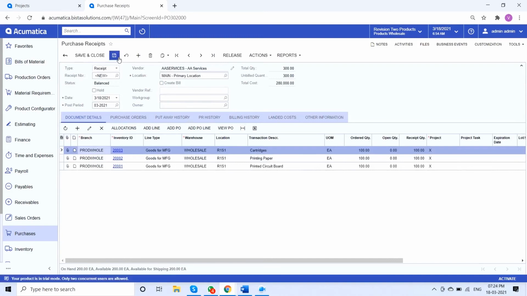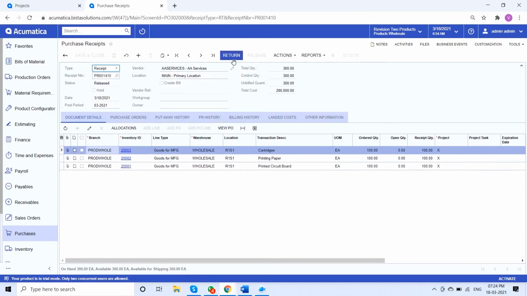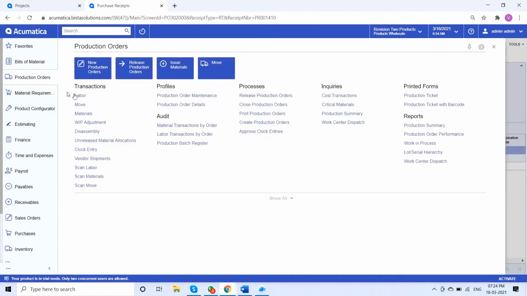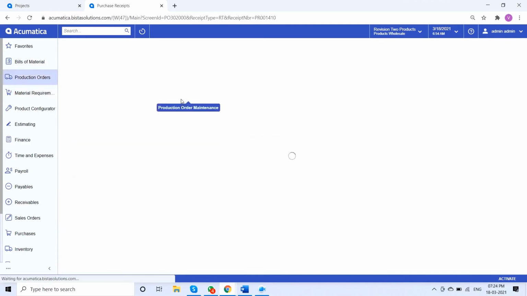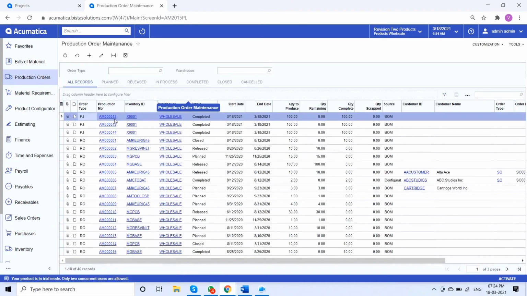So I'll simply release my purchase receipt. So the process has been completed successfully. Now I have the stock in my warehouse. Now I can proceed to start my production.